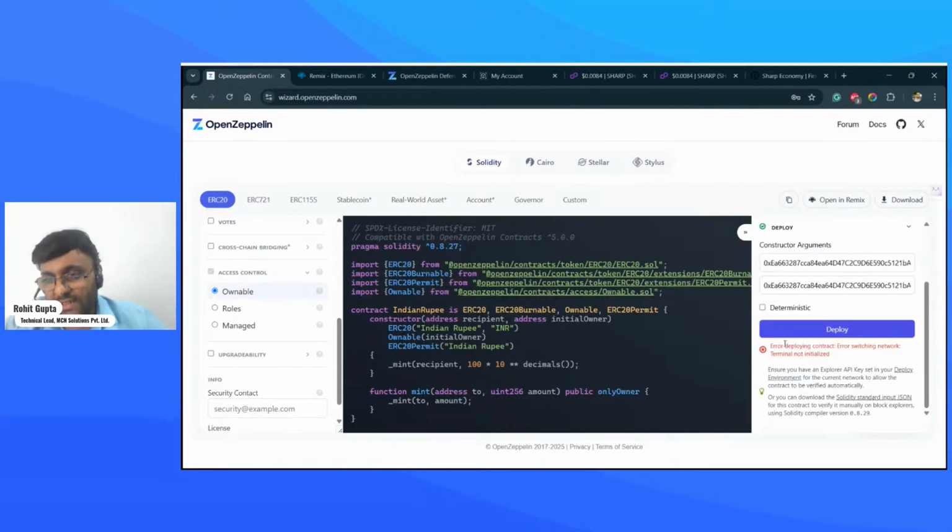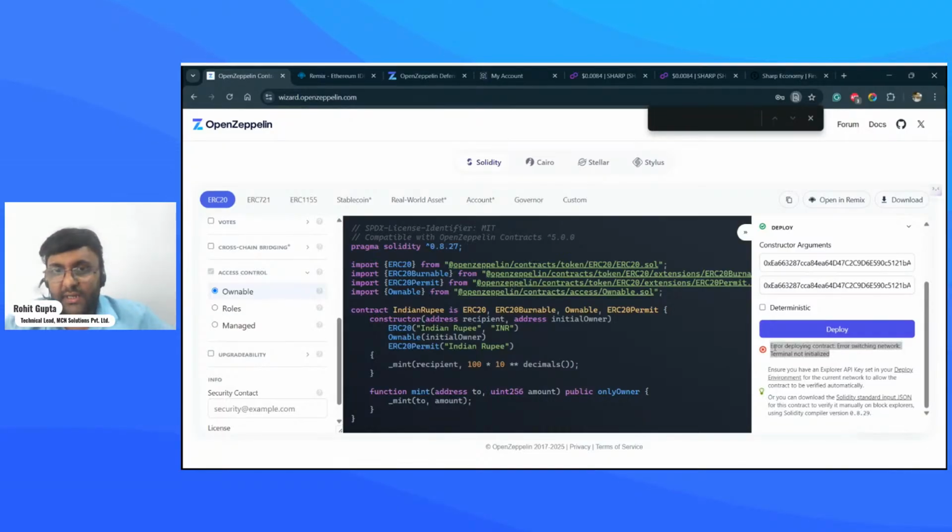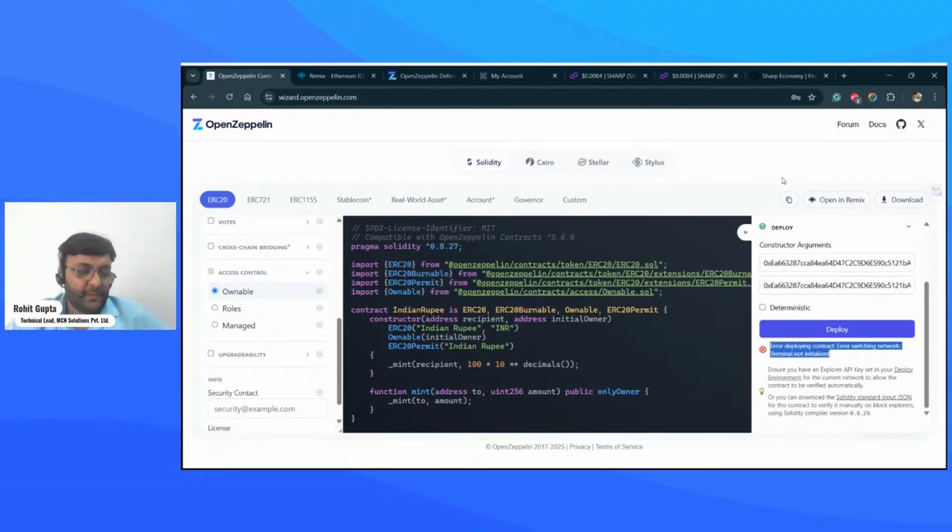Do you know why this error is there? Error deploying contract, error switching network, terminal not initialized. Anybody? If anybody tells us why this error is there, that person will get 100 C Sharp tokens in their wallet. I'm waiting for you guys for the next 5 minutes.